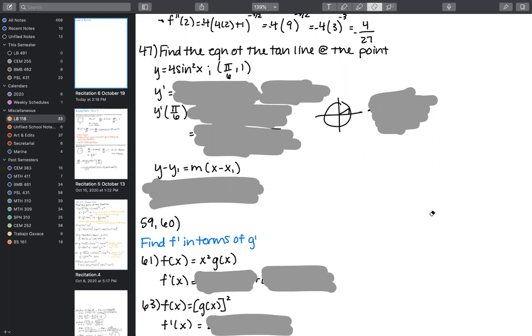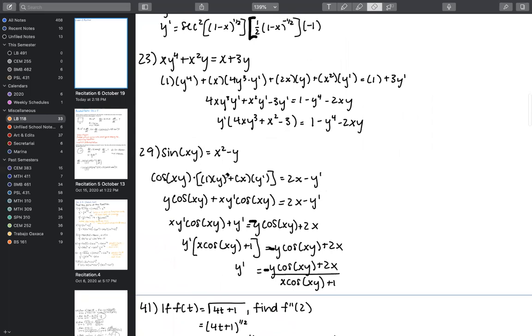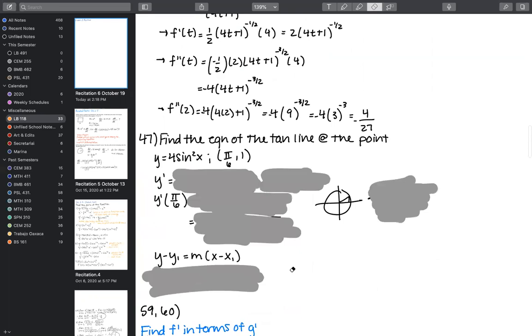Every time that you do them, it's going to be roughly the same, unless, for example, like up here where we had to do some distributing, unless there's some sort of finicky algebra thing that you maybe didn't foresee. In general, you can picture how these problems are going to go before you even start.